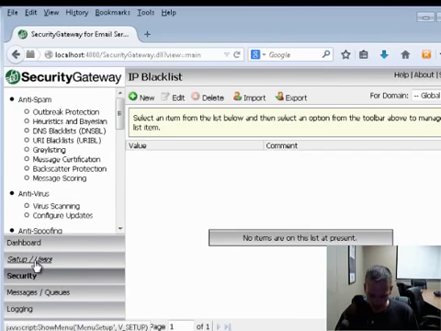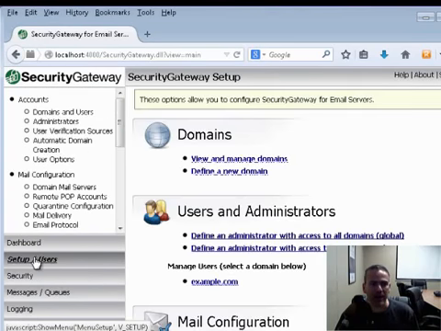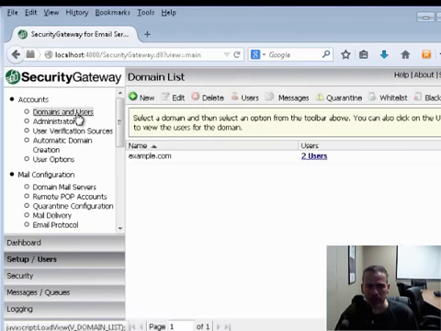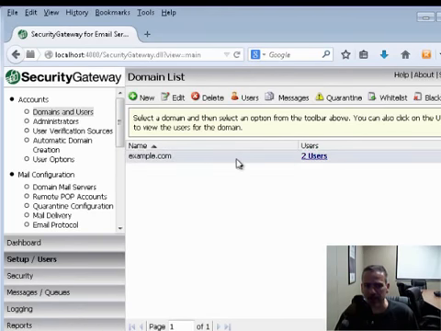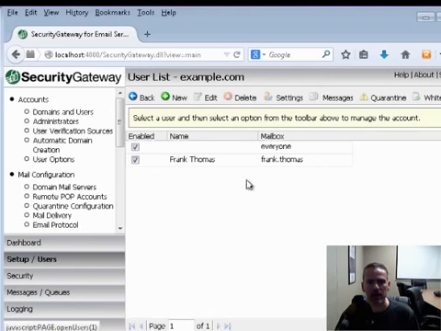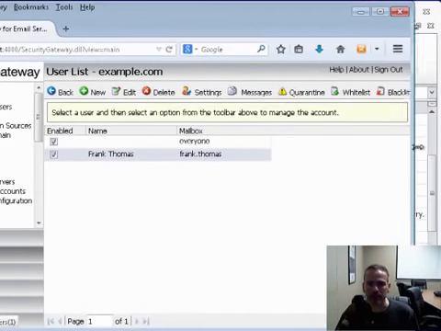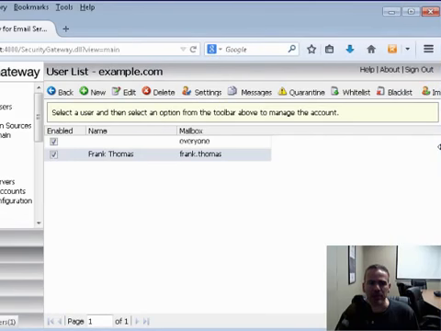Say, for example, I want to add information for a particular user. So, for example, if I go to my domains and users here, and I select a particular user, this is my domain that I have in Security Gateway, and this particular domain, because it's a test server, has two users. So we'll click on users, and then we'll highlight the name whose entries we want to update. Now, actually, let me widen my screen here a little bit. And this particular user